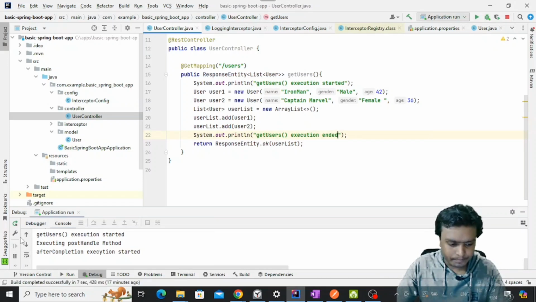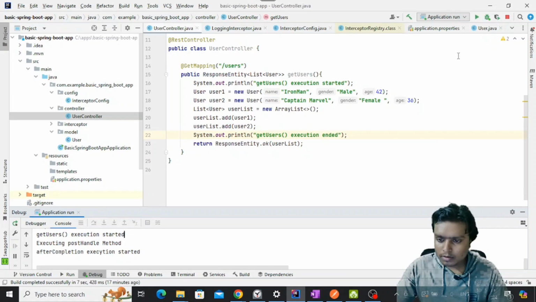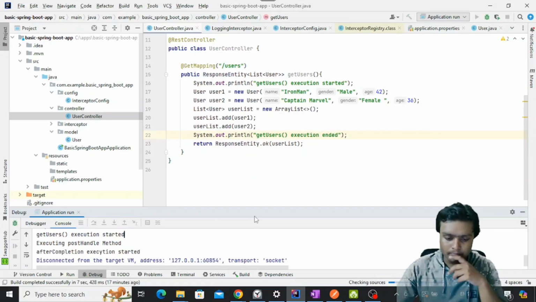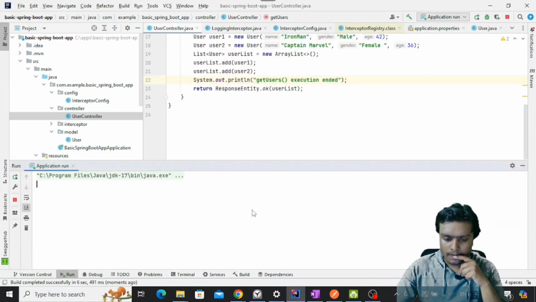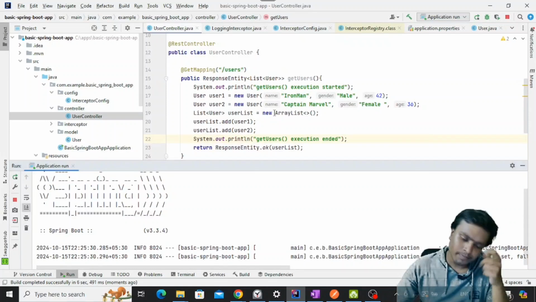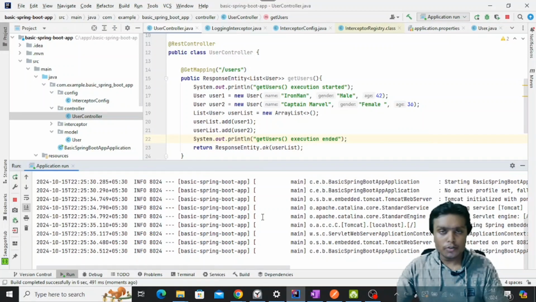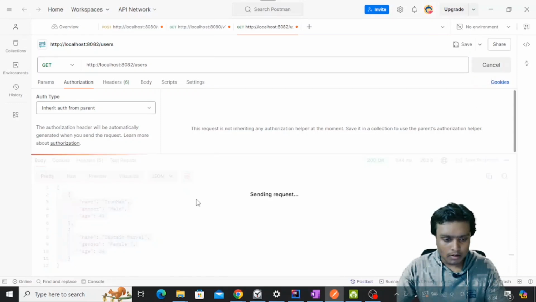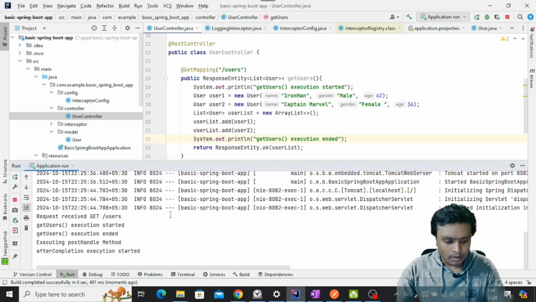And now let's rerun our application and see the output. So my application is up, let me hit my API, I would say.